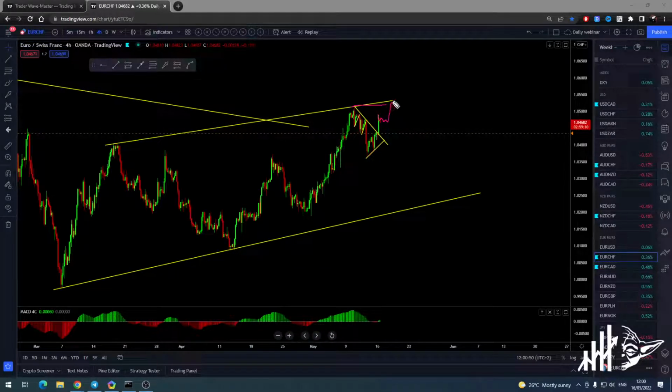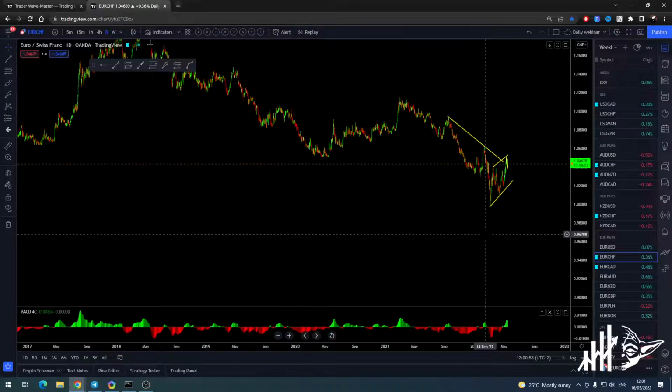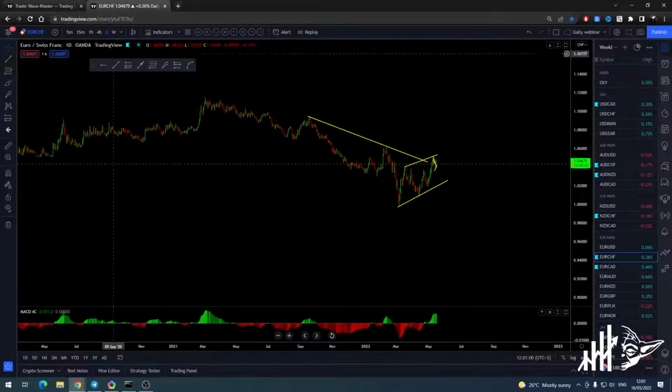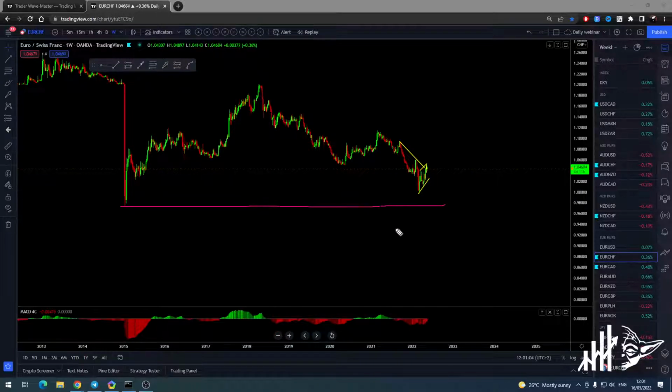Okay, so what the euro chief is doing right now, it's probably gonna go and correct over there, break the top, and then we'll sell again. Okay, nothing strange, nothing new. Sell it, it will still be active. Can it go higher? I don't think so. Okay, we are still in this downside, and I'm anticipating the tag of this low over there.